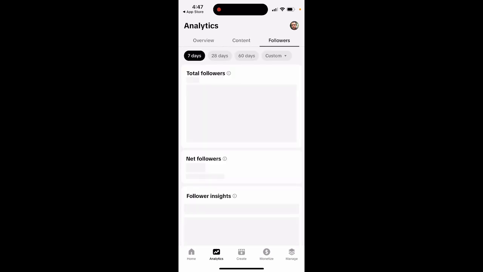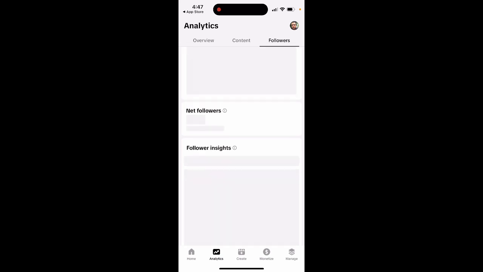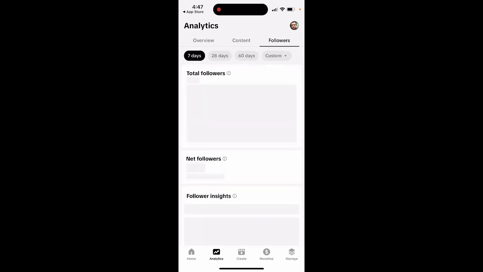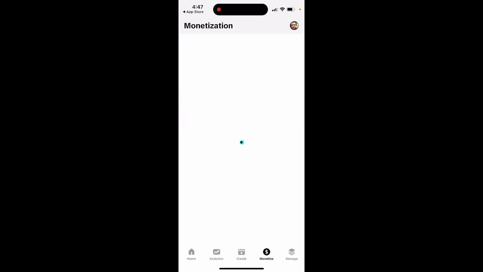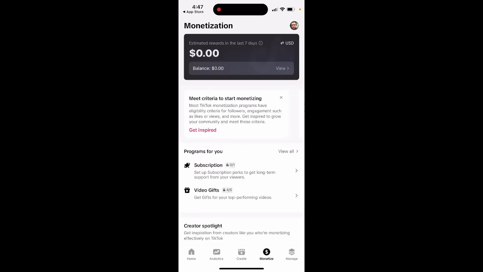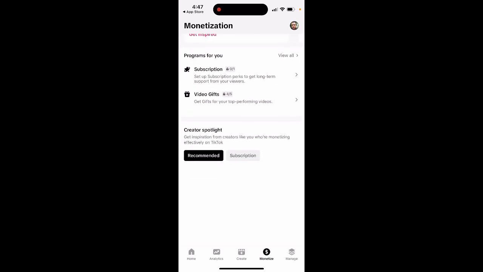And then followers, you can see this is just an account here. Yeah, this app takes some time to load. And then also you can just create and upload from here. Then you can also apply for monetization. You can see your rewards and